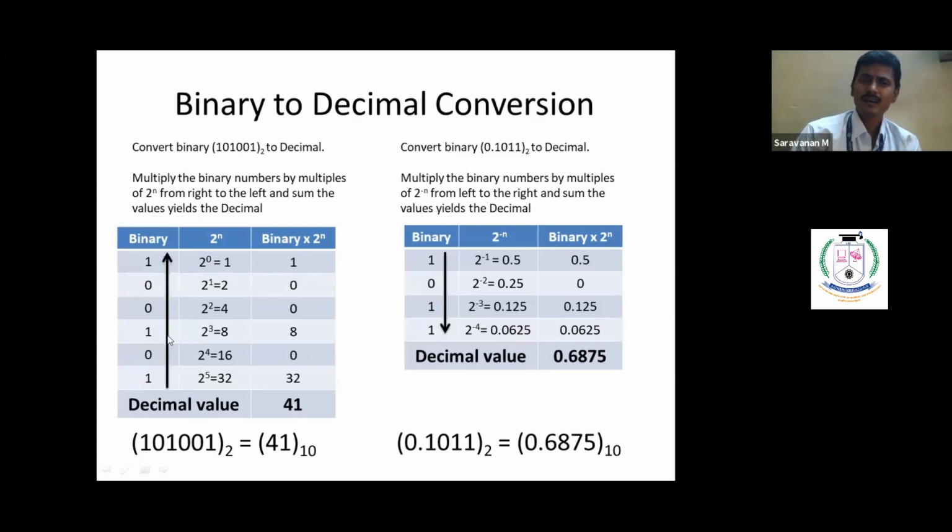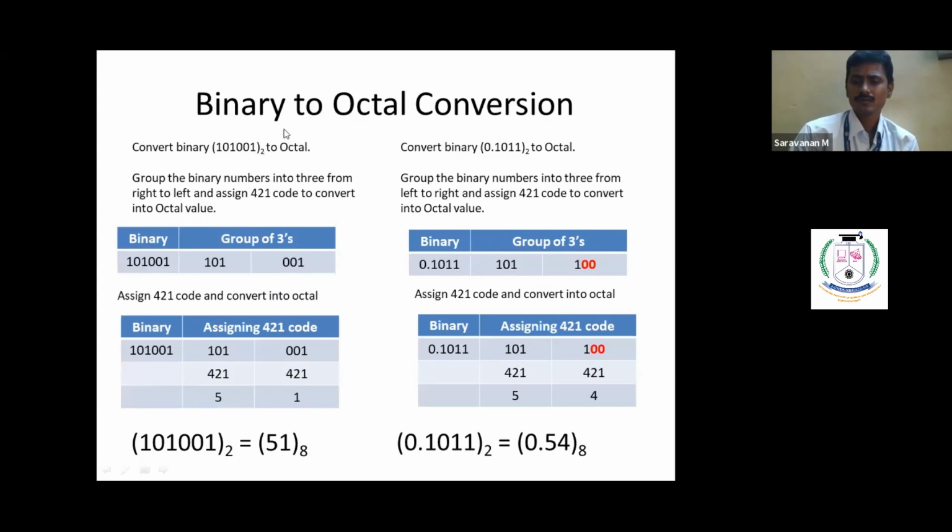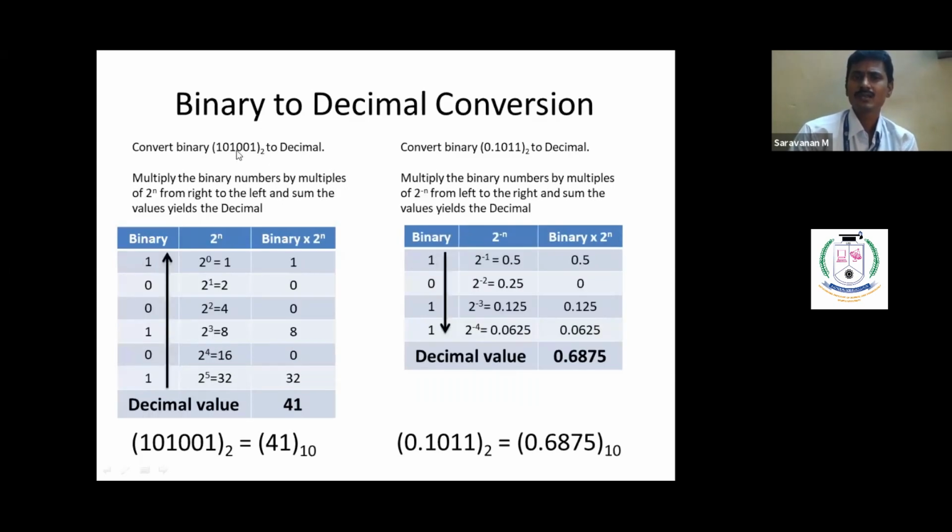Okay, again you'll make a mistake over here. People will represent it in reverse order, so you should not write it in reverse order. You have to always start from this. So 1 0 0 0 1 0 1 should be written in this order. Okay, remember this. Now take these numbers and multiply by the corresponding 2 powers. That is, the first value should be multiplied by 2 power 0, second is multiplied by 2 power 1, third is multiplied by 2 power 2, 2 power 3, 2 power 4, 2 power 5. Okay, that's what I've written here.